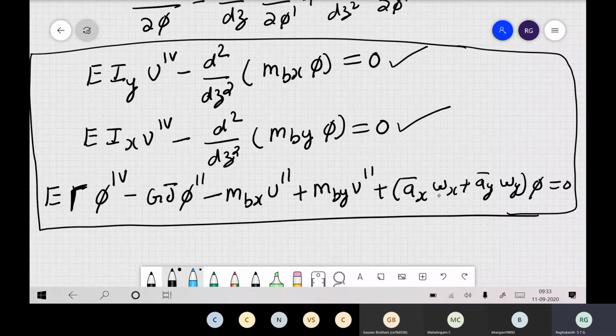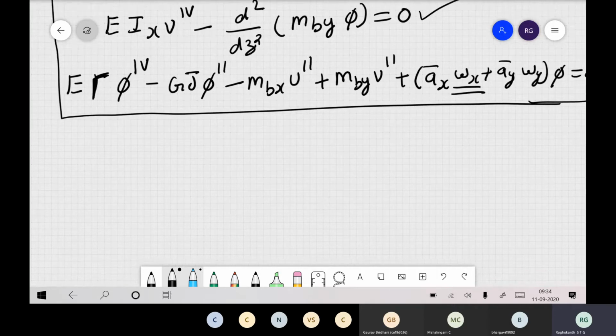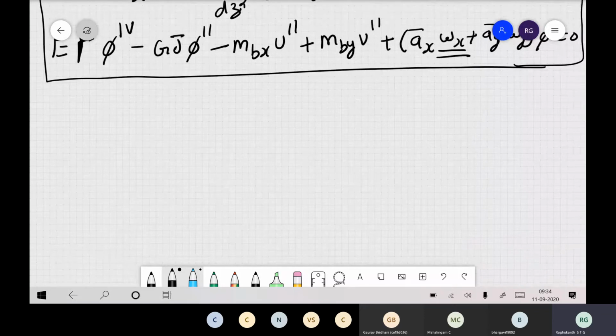Of course, you will not have Wx at all in many problems. You have only the load applied in the y direction only, but it is a more general kind of thing. So you can solve a variety of problems with these equations itself. So now, you followed it. These are more general. Now let us make it more interesting, like special cases. So now we can solve the first classical problem.